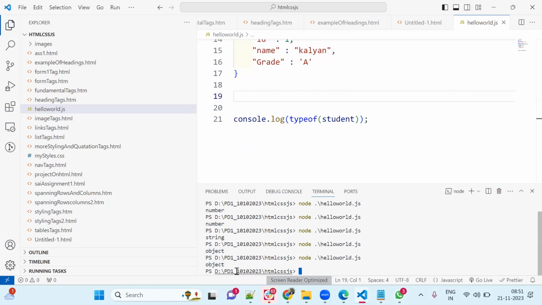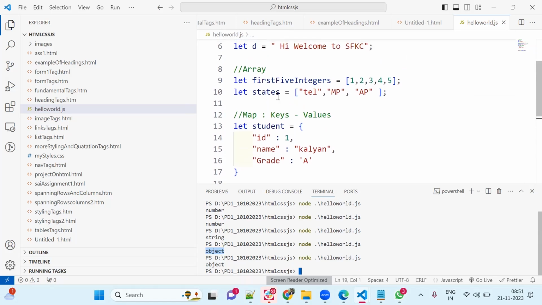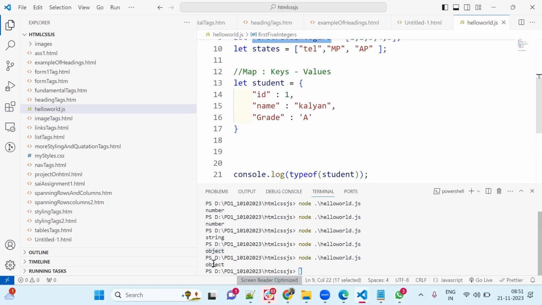Even if you print the data type of this array of strings, it tells you it is an object. If you print the data type of this student, that means the map, it gives you object as its data type. Why it gives object, what is an object, we'll come to know in the later JavaScript classes,